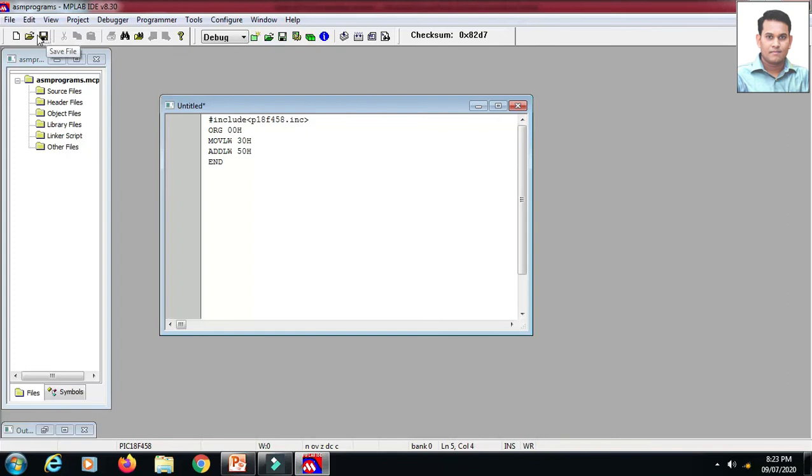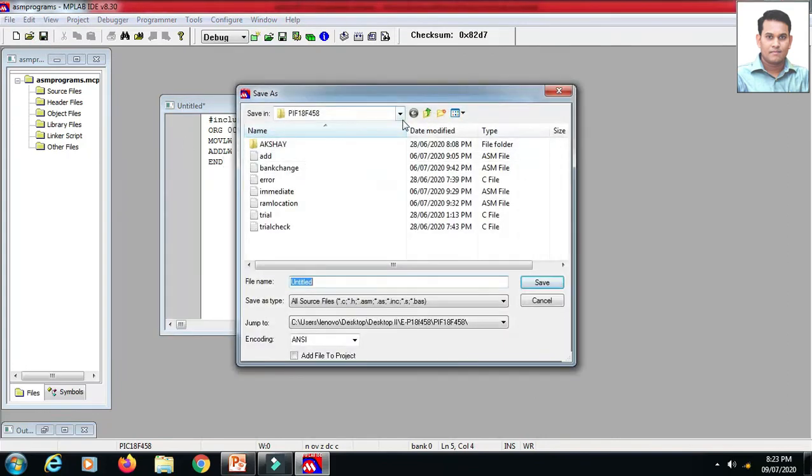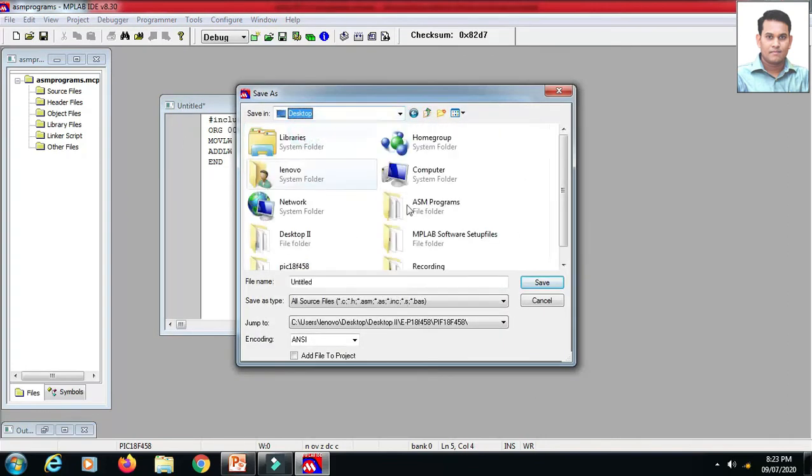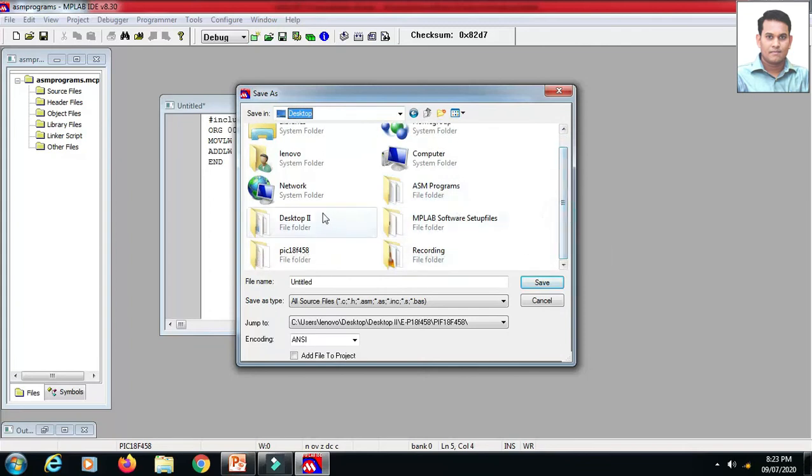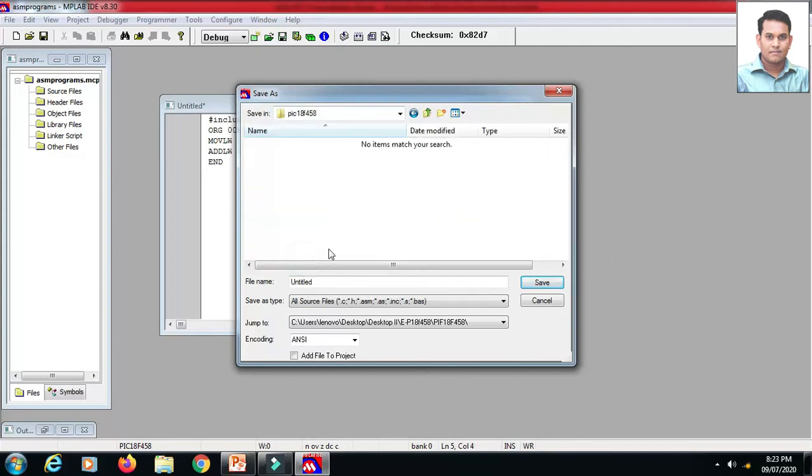To save, click on save, and select the folder that you have created recently. I have created the PIC18F458 folder, and in the folder I will save it as immediate, add.asm. Then click on save.